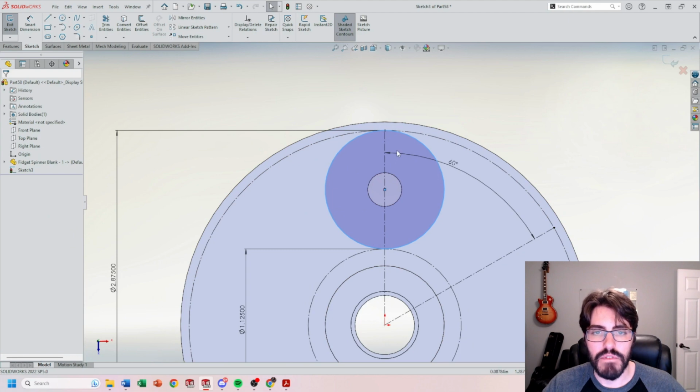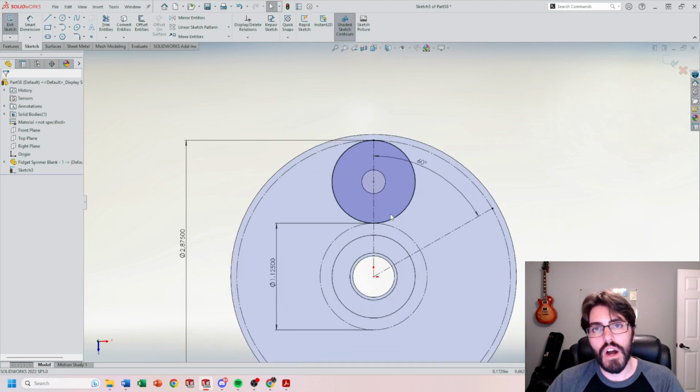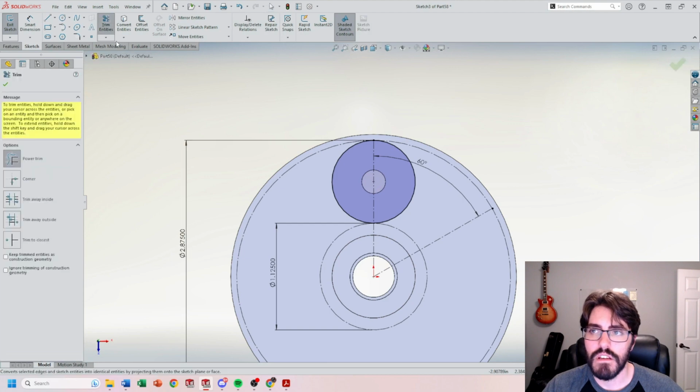All right, so I have to start processing this in such a way where when I'm mirroring it, I don't include more geometry than I need. So what I need to do here is trim this piece of geometry so that it doesn't get mirrored over with the 60 degree angle. So I'm going to go into Sketch, Trim Entities, and inside Trim Entities, make sure that you have Power Trim